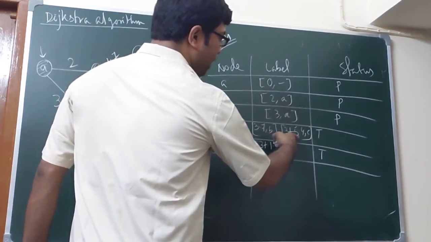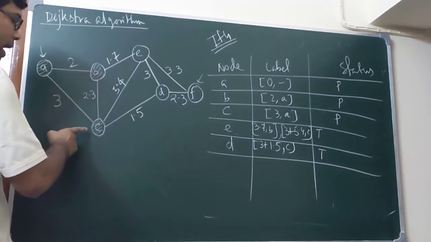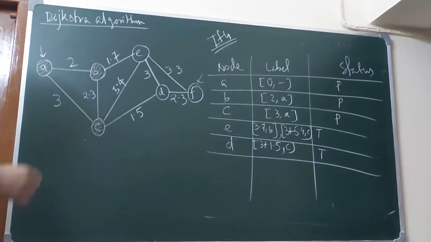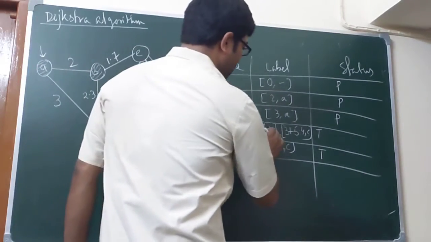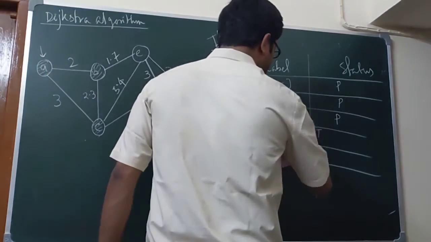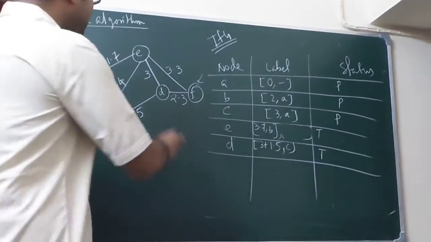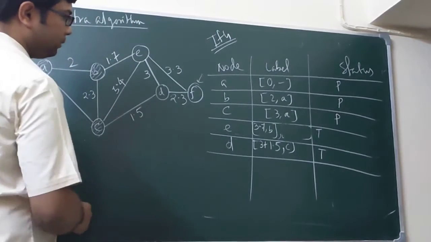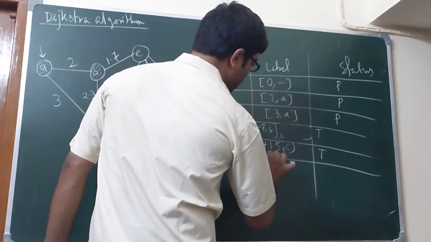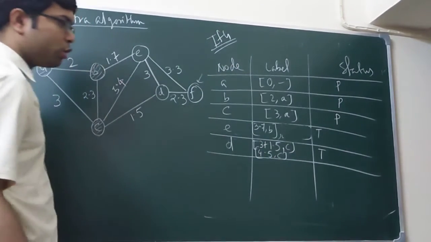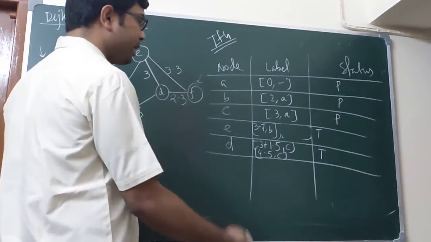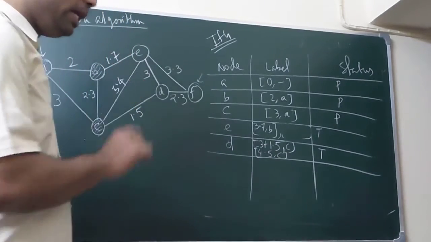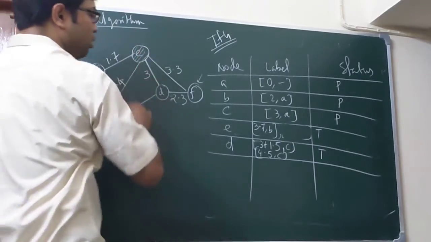3.7 and 3 plus 5.4. So E will always choose the via B path and discard the via C path, because the path A to C and C to E costs more than the path A to B, B to E. So it will discard the via C path, and to reach E from B, the cost is 3.7, B. And the cost of D is 3 plus 1.5, that is 4.5, comma C. So at the end of iteration 4, we have two temporary values with the costs 3.7 and 4.5. 3.7 is smaller, so node E now becomes the permanent node.